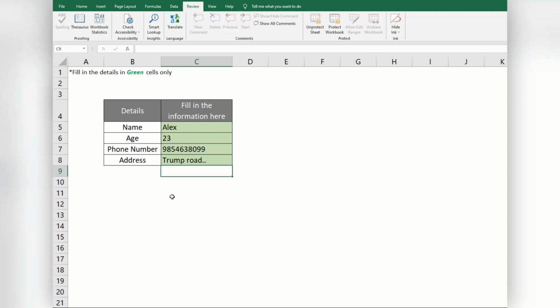Okay. Once you follow these steps, you will see that only the selected range, the green one, will remain unlocked, which means that any person can only edit these green cells while the others remain locked or protected. So through this way, you can lock and unlock cells in an Excel sheet. You can also protect your sheet completely through this method, or you can allow a few fields or cells editable or unlocked while your other cells remain protected or locked.